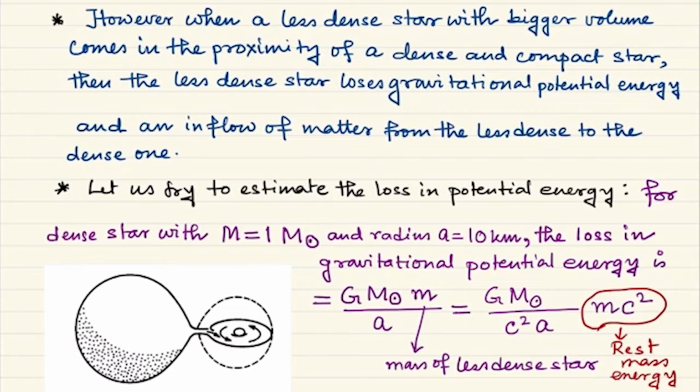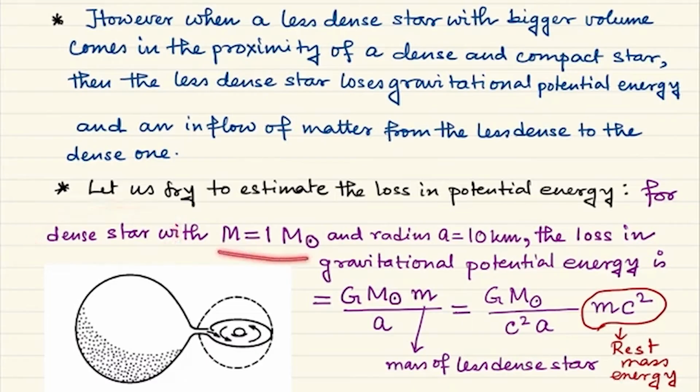Here in the case of accretion disks, this is not the case. This is the primary source of energy production, because there is no a priori source of nuclear energy, okay. So for that, what we can do is consider a typical dense star